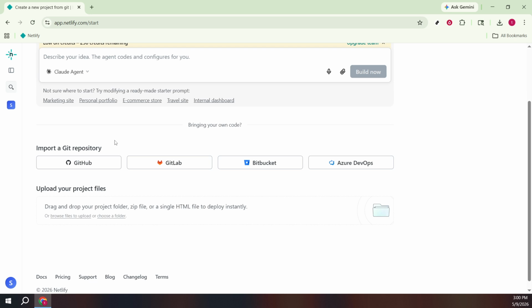This method is perfect for sites that are pure HTML, CSS, and JavaScript with no backend server. Before you upload, make sure your project has an index.html file at the root of the folder you plan to deploy. Netlify serves that file as the entry point. Also verify that your CSS, JavaScript, images, and fonts are inside the folder with correct relative paths, so everything loads